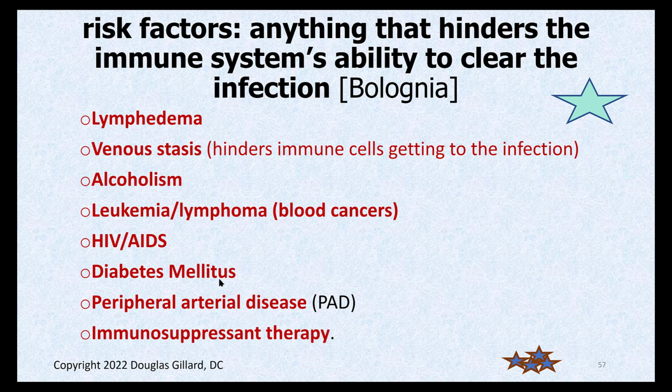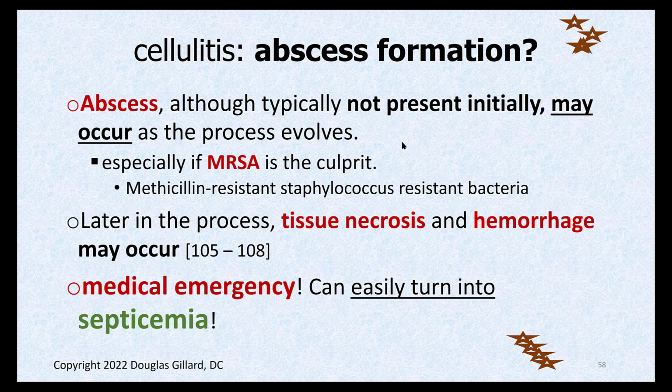In diabetes, you can't get the troops into the tissue because blood vessels are usually narrowed. PAD, blood vessels are narrowed. HIV, blood vessels are narrowed, and all sorts of reasons for that. So yeah, these are some of these. And I love this. It's an easy slide for me to make a test on, right?